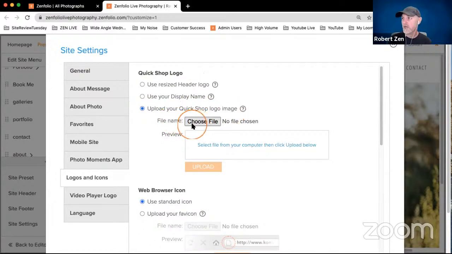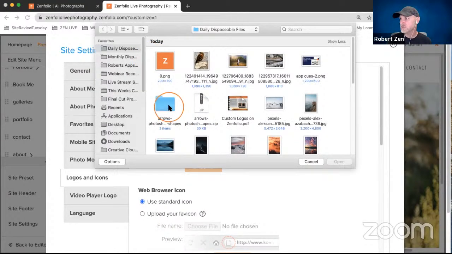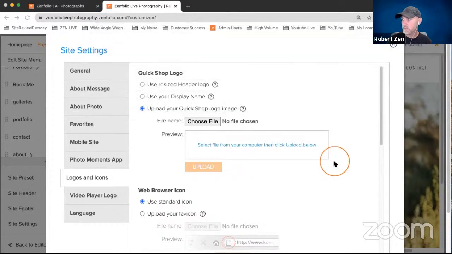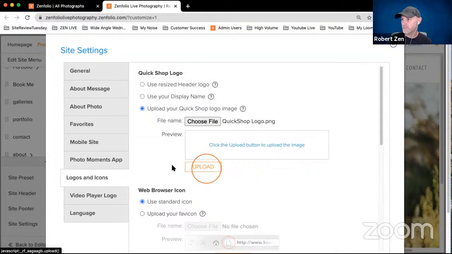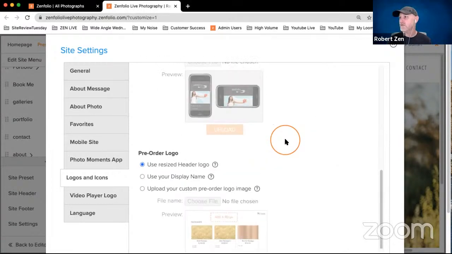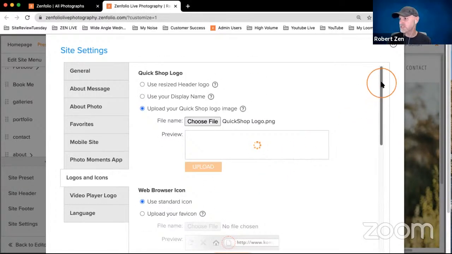We're going to choose file, and we're going to go into that logo files that I just created. And here's our quick shop logo right here. We'll hit open, and we're going to upload that. All right. While that's uploading, we're going to go down to the next one, which is the web